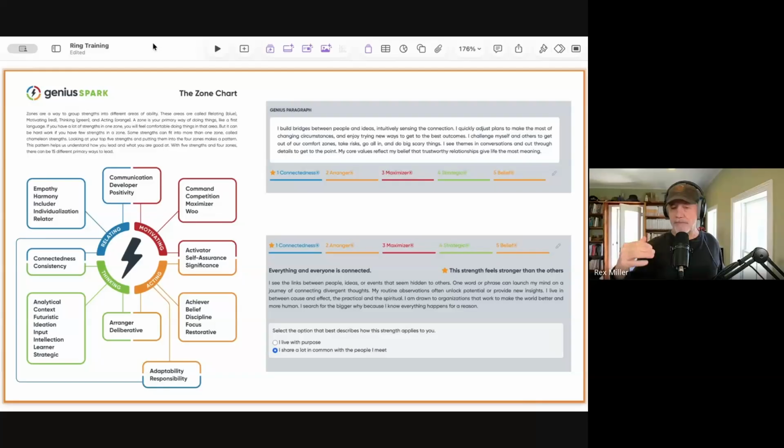Now, when we look at it from a team standpoint, the significance there is that if a team is heavy on achievers, then they'll be fine, but they may burn out others. If a team is heavy with those with responsibility, they may overcommit, have a hard time saying no, feel guilty if it didn't go well. So there's a burnout side to it. So that's why this is valuable.